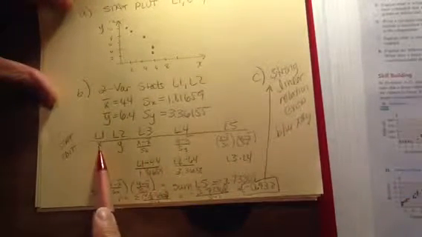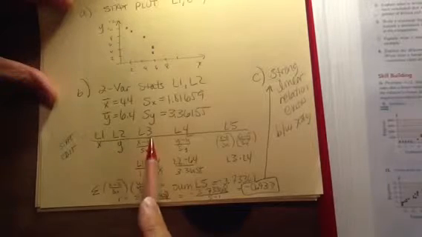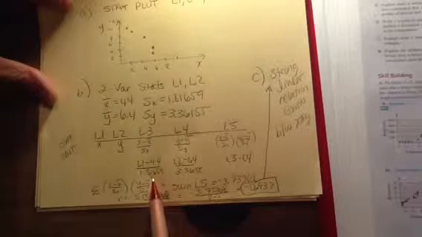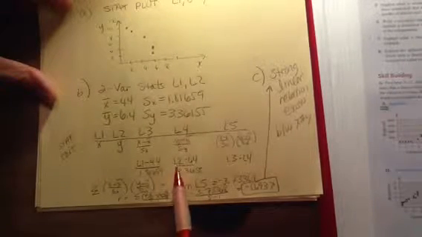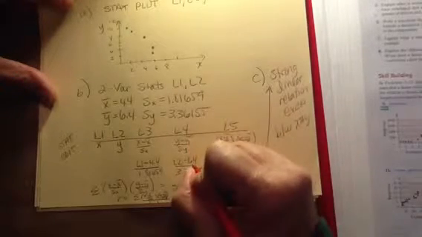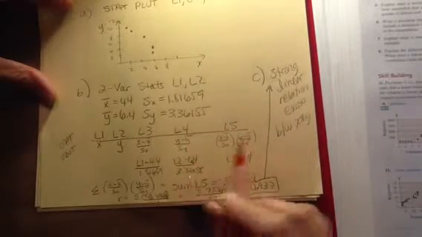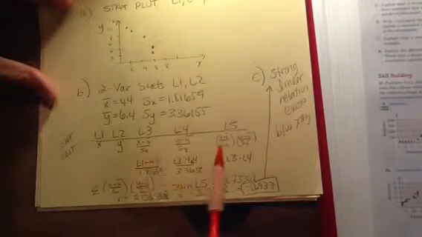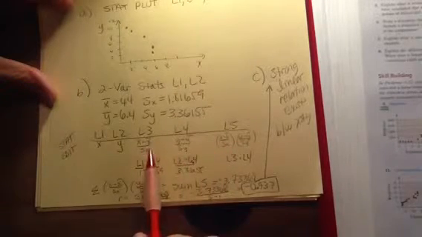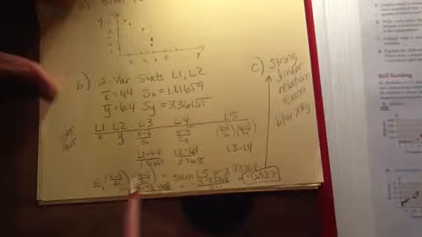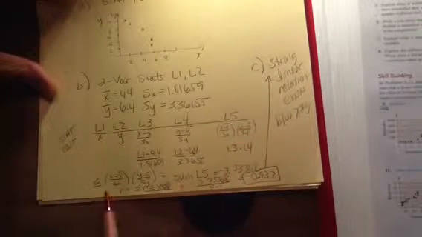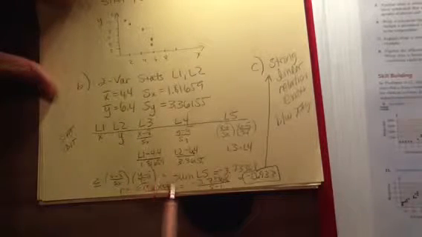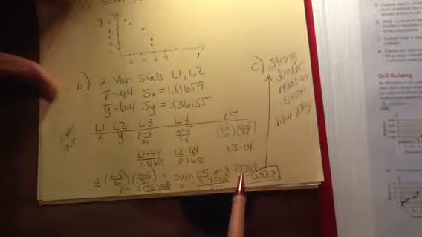So what I did is list 1 is my x values, list 2 is my y values, and then in list 3 I did list 1 minus my mean divided by my standard deviation. In list 4 I did list 2 minus my mean divided by my standard deviation. And then list 5 I'm going to take and multiply list 3 and list 4. These are the formulas, okay? Now remember, this is just a z-score. So what I'm going to do here is I'm going to sum up list 5. This is the z-score for the x's, the z-score for the y's, and when I summed up list 5, I got negative